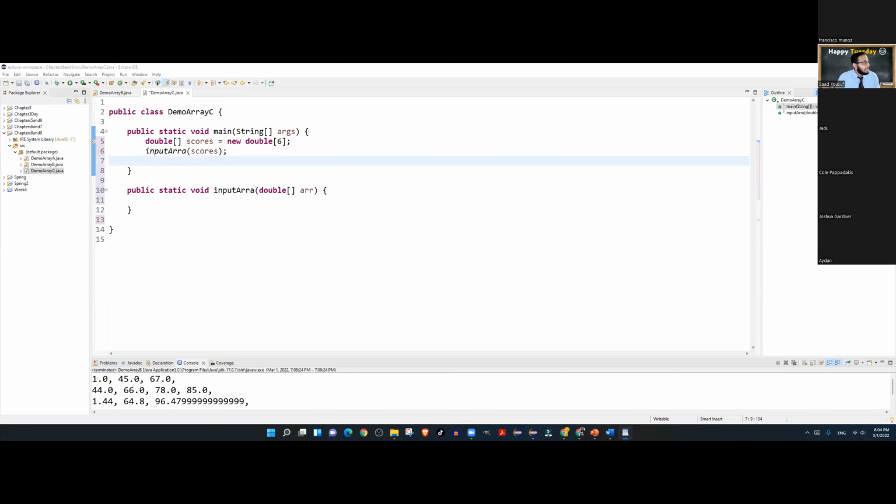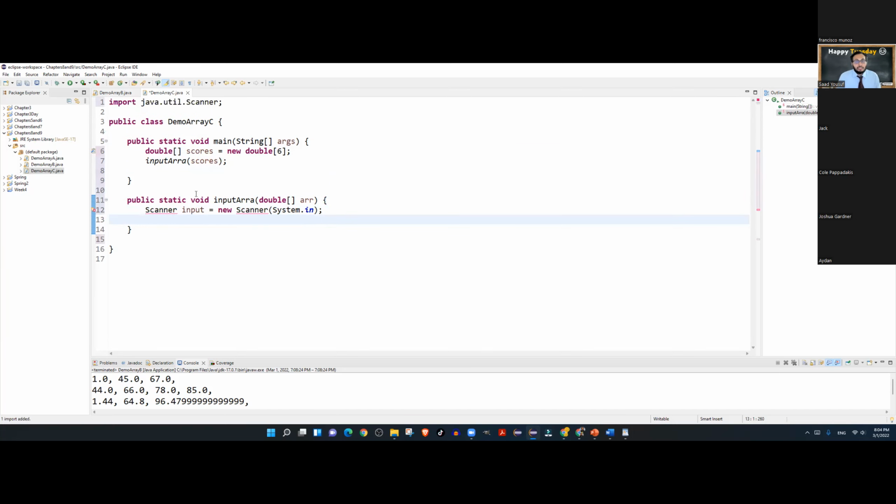And I can use the scanner object for that. And I can tell the user that I'm interested, you can go ahead and insert values here.